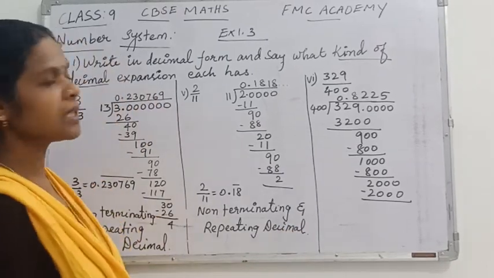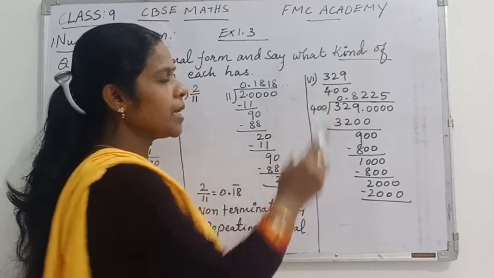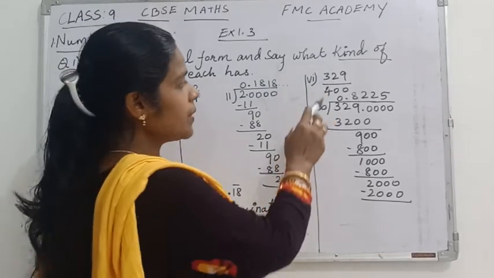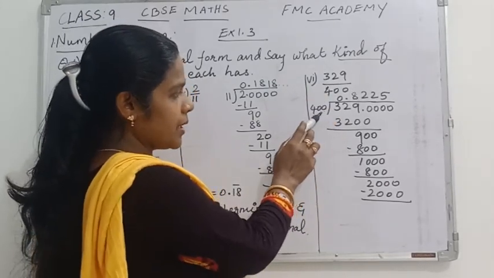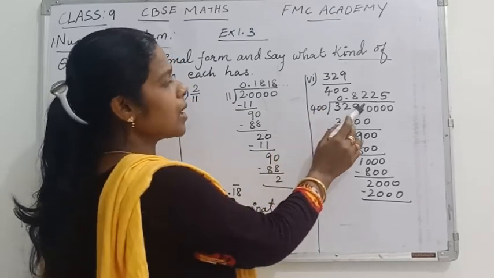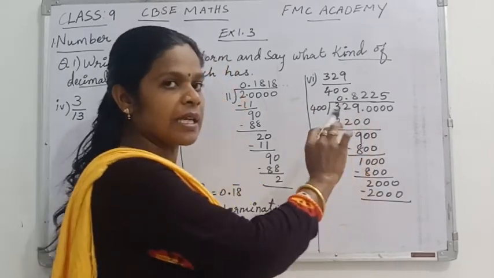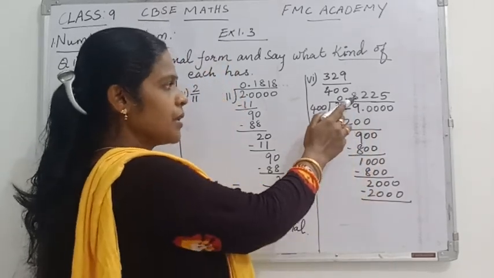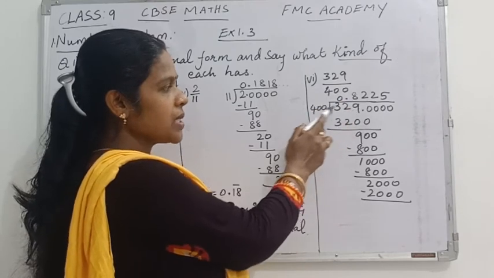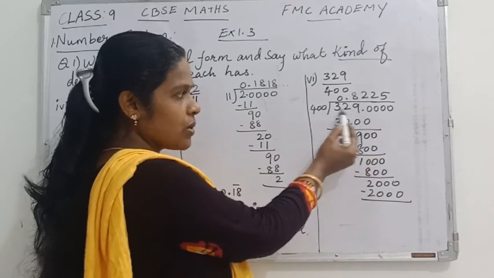Yes, let's move to the last sum of the first question, that is 329 divided by 400. When you divide 329 by 400, the first time it will be 0 times only, right? So then, according to the number of digits we need, we are keeping extra zeros, 4 zeros we are taking, and we start the sum. Here 329 is not possible, so we are bringing 1 zero down, meaning we are taking this 0 also along with this one.